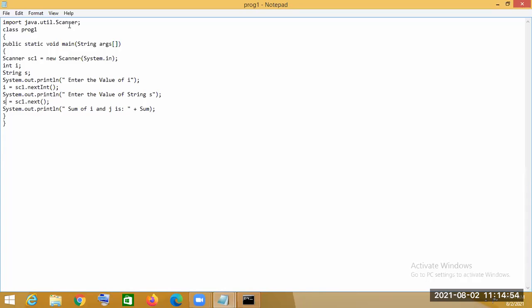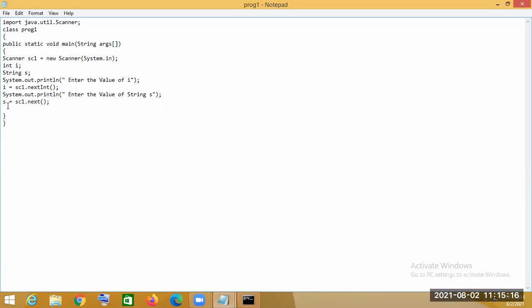Now this nextInt method is present in the Scanner class, and it is used for taking integer values. And the next method is used for taking the string value. So after that, we will print the two values.